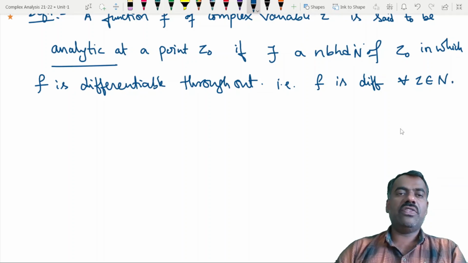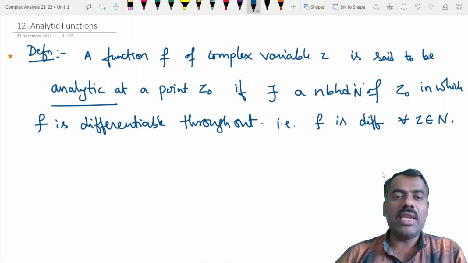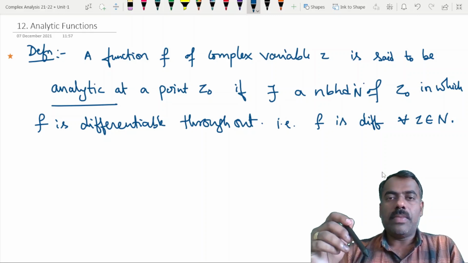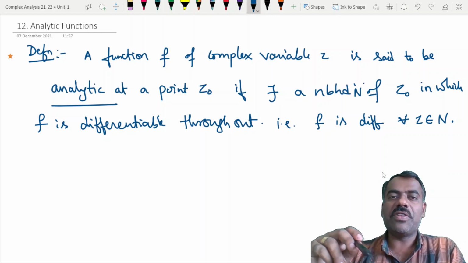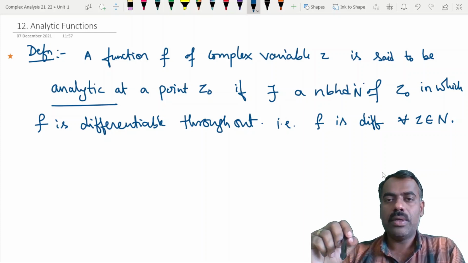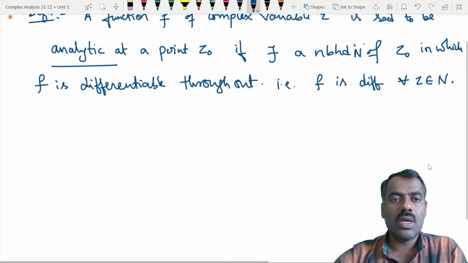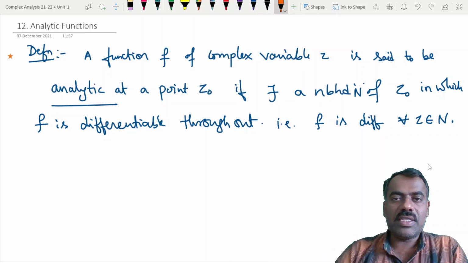Is this clear? What is the definition of an analytic function? A function is said to be analytic at a point z naught if we can find some neighborhood of z naught in which f is differentiable at every point. Is the definition clear? Then you can immediately have